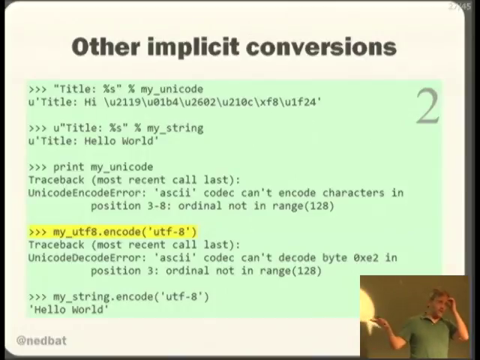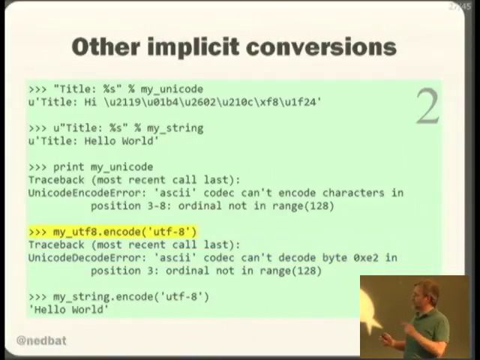Lastly, this is the really odd one, and this is why it felt so random that you could just play whack-a-mole with decode and encode. Remember, encode is an operation on Unicode strings, and I'm doing it now on a byte string. I am encoding to UTF-8 and getting the error that I couldn't decode to ASCII. So I asked for two things, and it complained about two other things that I wasn't even talking about.